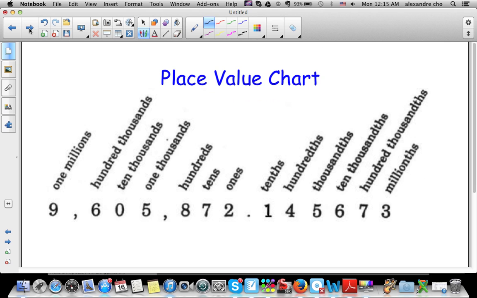So this you don't have to copy, because somebody's going to come around and give one of these out, and you want to copy this into your notebooks. Okay, so